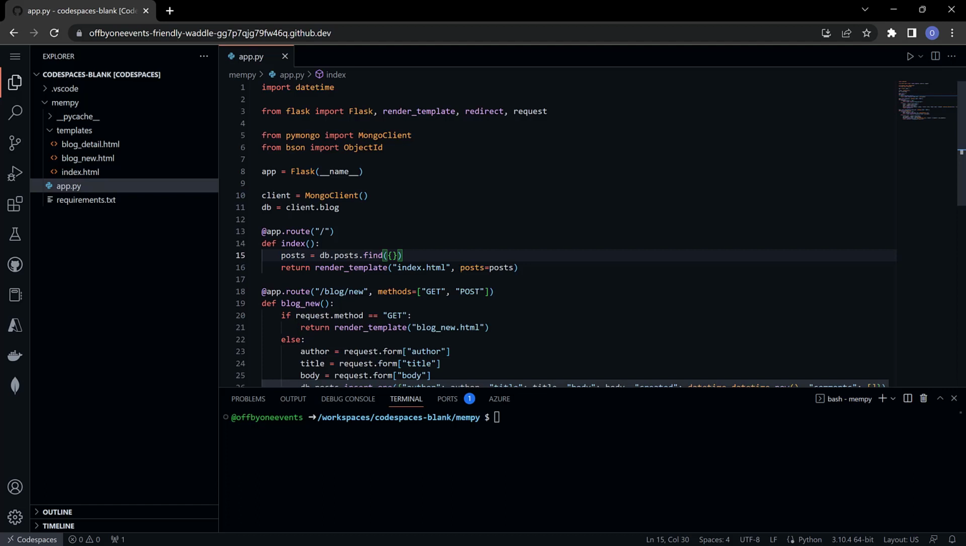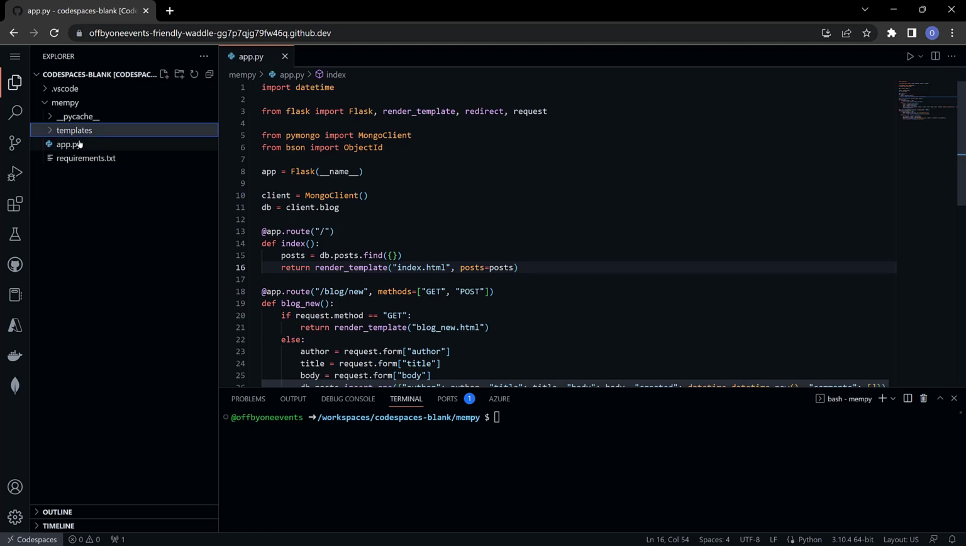Then I can pass that to the template with a keyword argument. The keyword argument and the value, rather, do not have to be the same name. It's just convenient in this case. So I had to go through and modify